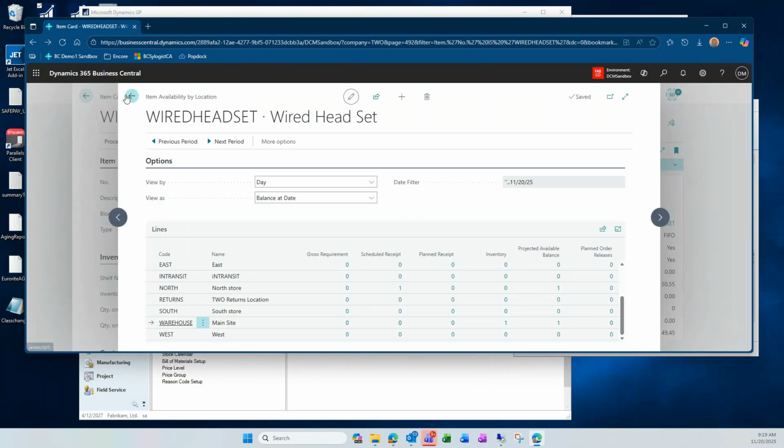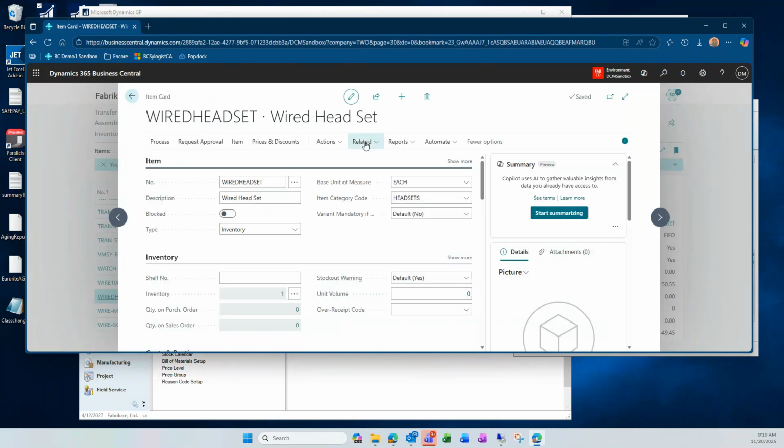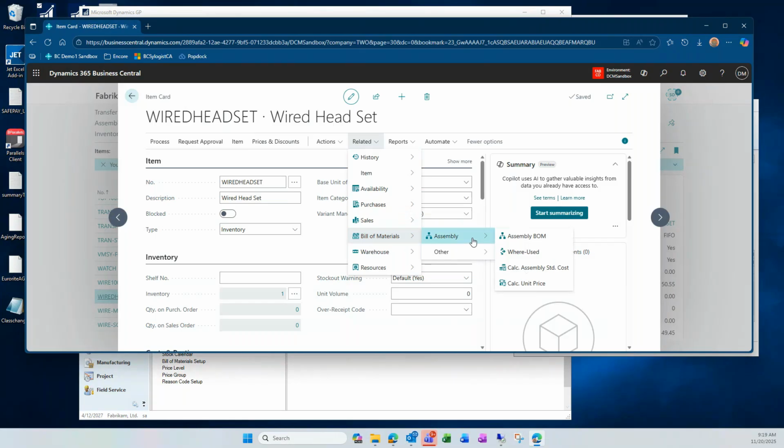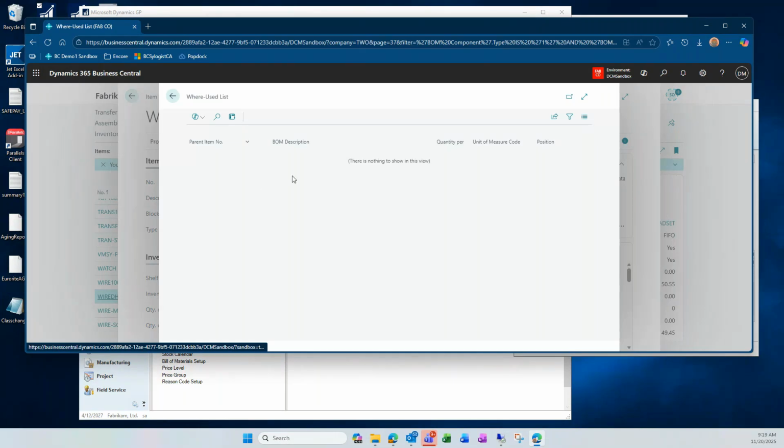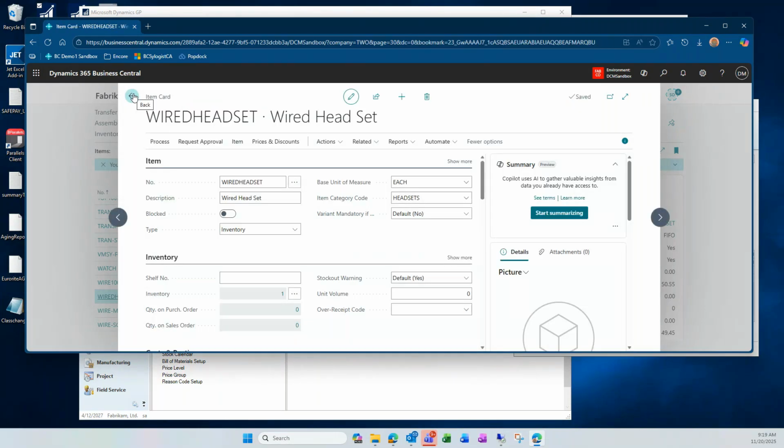Now, a couple of things about this as we go through this. When we look at the related in here, we have an awful lot more items than we do inside GP from the inventory items point of view. We have the assembly order in here. There's assembly. Where is it used? What's the calculated? So if I click where used, it'll give me a list. It's not used anywhere. But if I change my item card and I go into here and I go,